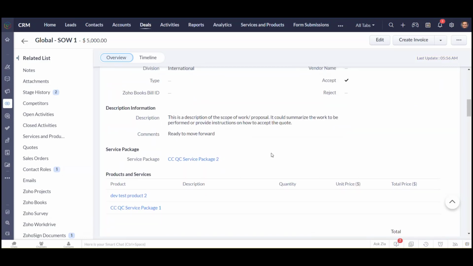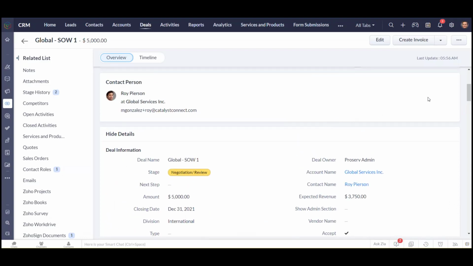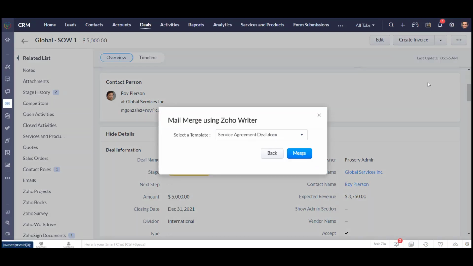Now, if you want to actually send out a proposal, there are a few different options to do that within Zoho CRM. You can use Zoho's standard mail merge functionality, and we'll go ahead and click on these three dots over here, and you can select mail merge. Now, you can see here I just have a very basic template. It's a service agreement, so we don't have any bells and whistles in terms of design, but we can select